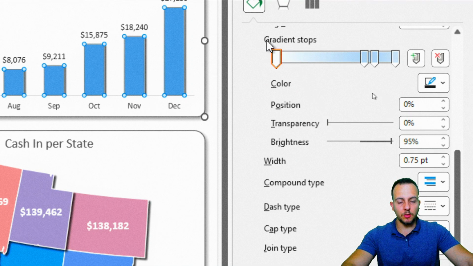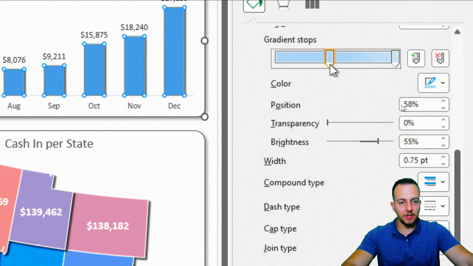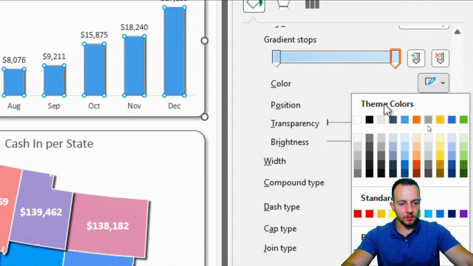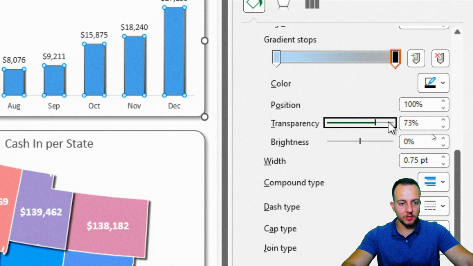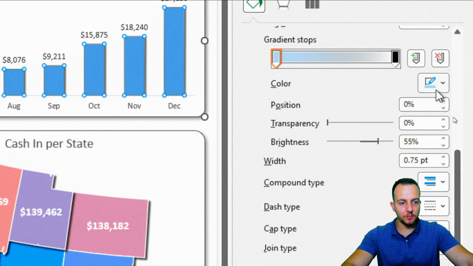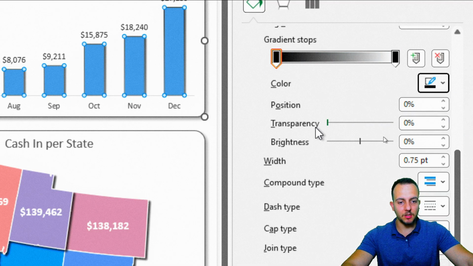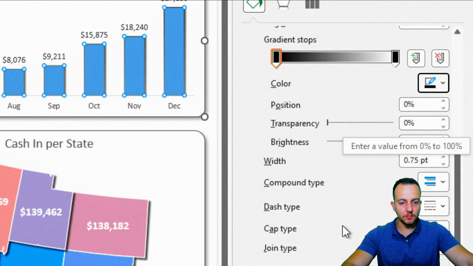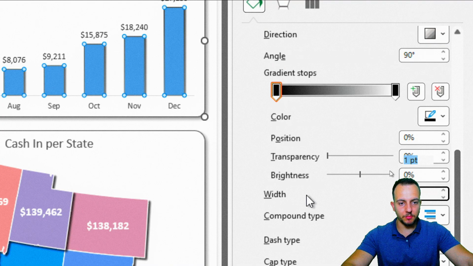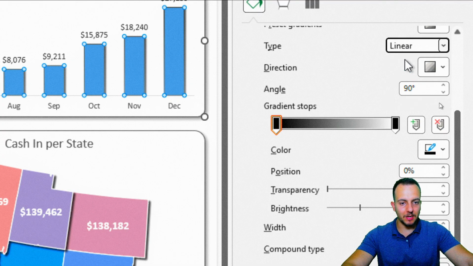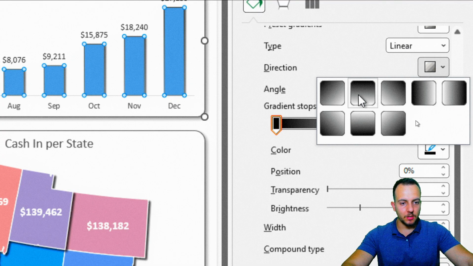Let me go here to the gradient stops and get rid of the maximum I can. So I'm gonna remove the gradient stops. This one here is gonna be to the left, and another one is gonna be to the right. The right one is gonna be in the black color and 100% of transparency. And the left one is also in a black color, but the transparency is gonna be 0. The width, I can choose 1, for example, and I can go here, type, line, and direction. The second option right here, linear down, where we have the black color in the top and the white one